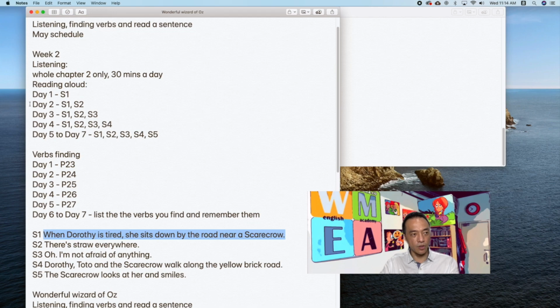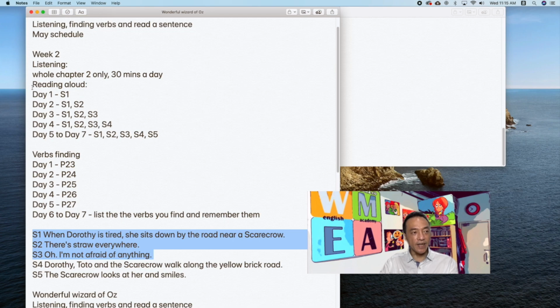And then on day 2 of the week, my student will read sentence number 1 plus sentence number 2. Then he or she will practice not only sentence 1, but also sentence 2. And then day 3, I will add one more sentence for my students, which is here.